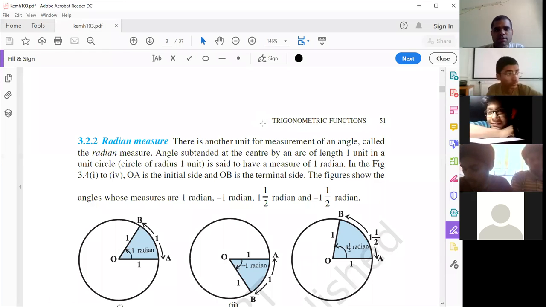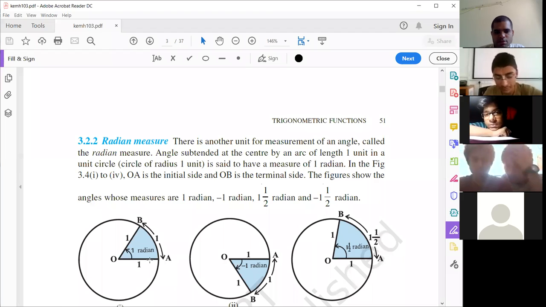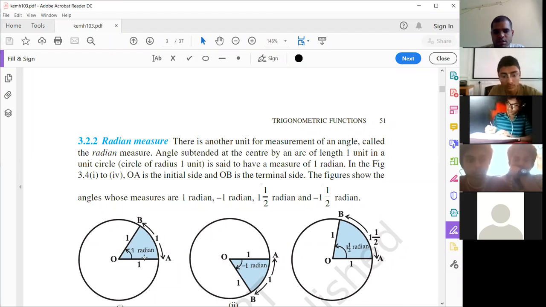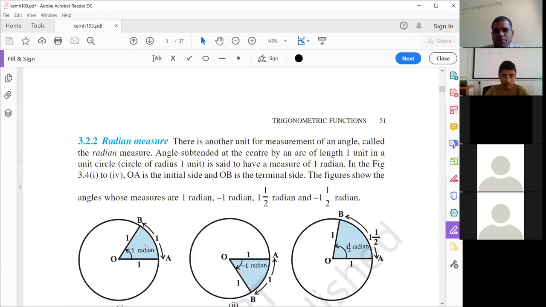So now comes radian. So here you can see this is a unit circle. Unit circle क्या होता है? जिसका radius 1 unit हो, उसको unit circle बोलते हैं. So this is a unit circle taken. So radian is defined in this way. If you take an arc of 1 unit in a unit circle, the length of this arc is 1 unit. 1 unit कुछ भी हो सकता है, this is 1 centimeter and radius is 1 centimeter. It can be 1 meter and radius also 1 meter. Okay, same unit में लेना है.